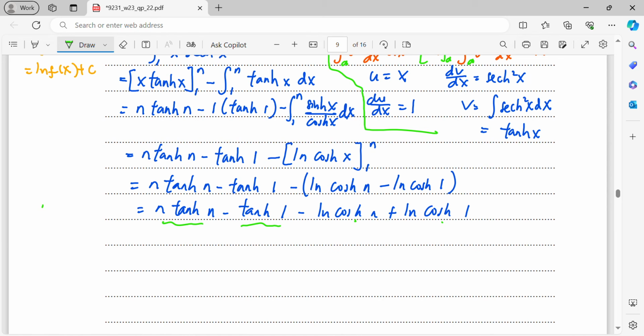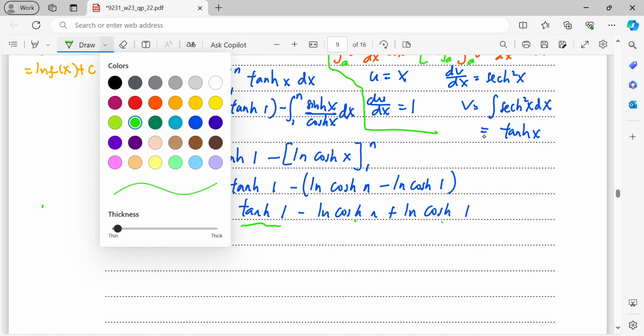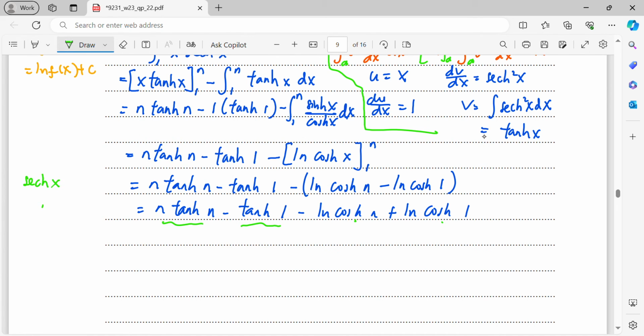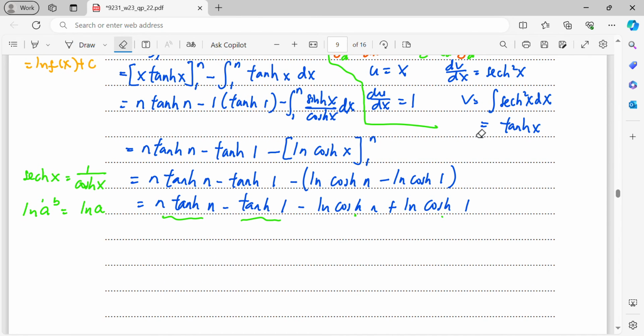So what I need to do here is, we know that secant x is 1 over cos x, right? So now I have the cos. So I have a formula, ln a power b is b ln a, right? So that means